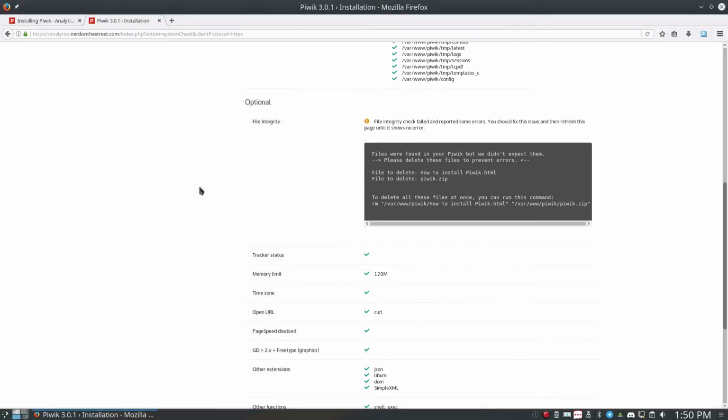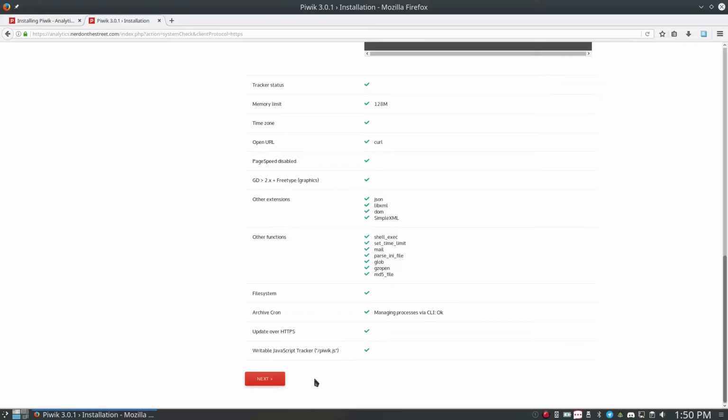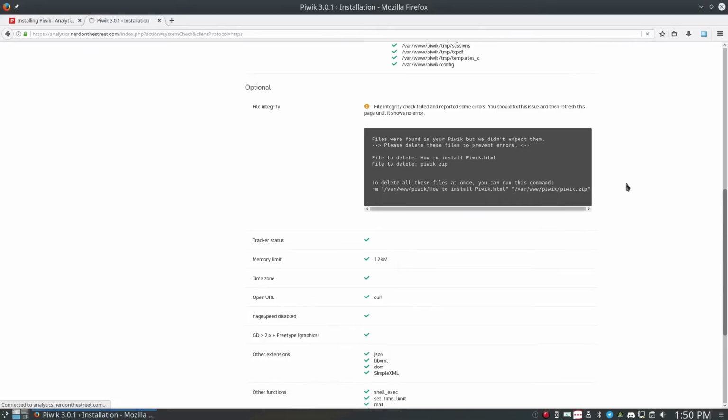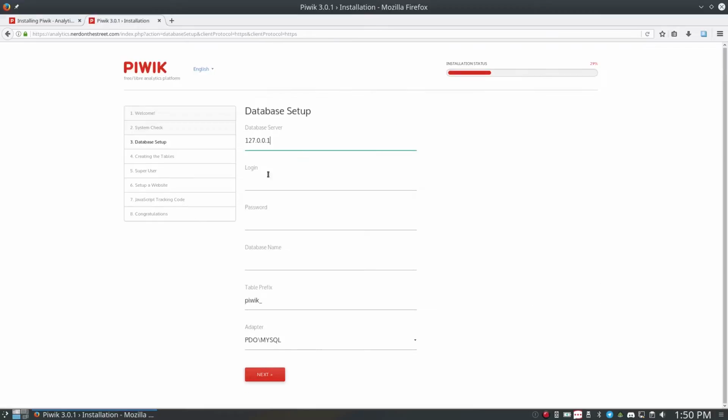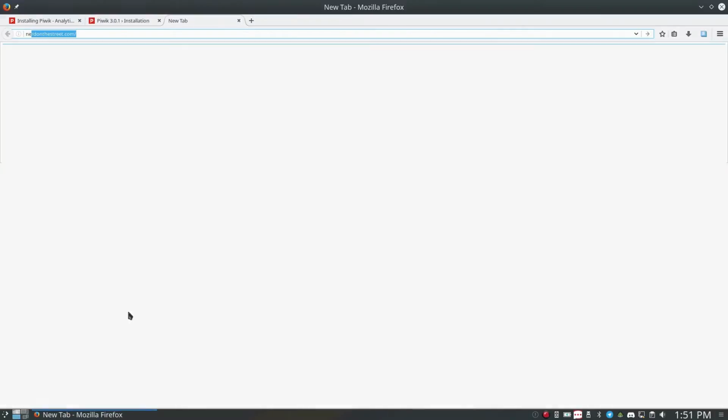I probably shouldn't have just exited the web server, but we can just refresh later if we really need to. So I'm gonna refresh this one more time, just so that we can see. All right, so the file integrity check passed this time. Cool. So now we can continue. Database setup. So at this point,